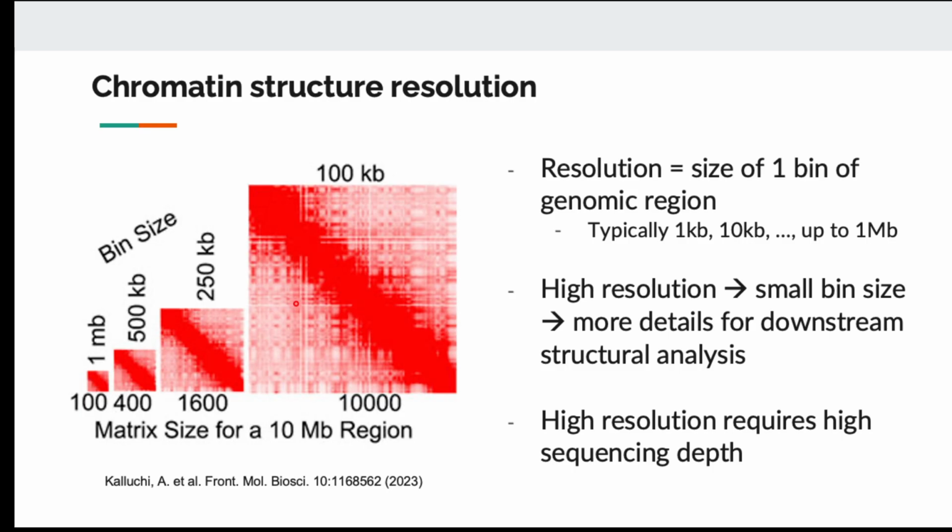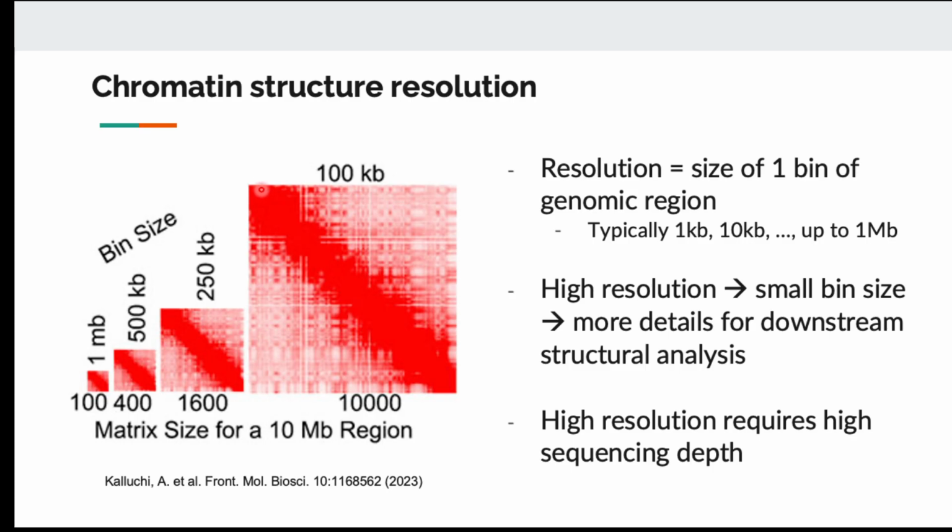But if your data allow you to look at 1 kilobase as a unit of interaction, you're going to have a very high resolution picture of the data, because now your 3 billion base pairs are cut into 1,000 base pairs at a time. You're going to get a lot of regions, a lot of bins, and you can see a larger, more detailed image. But the problem is, if you increase your resolution, you get a better image, you get more